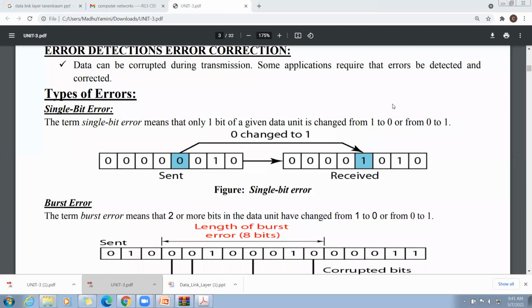So this is said to be a single bit error.